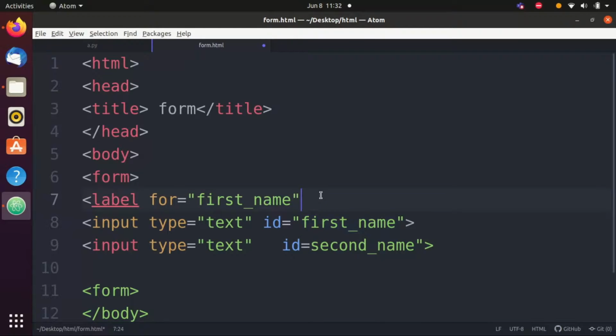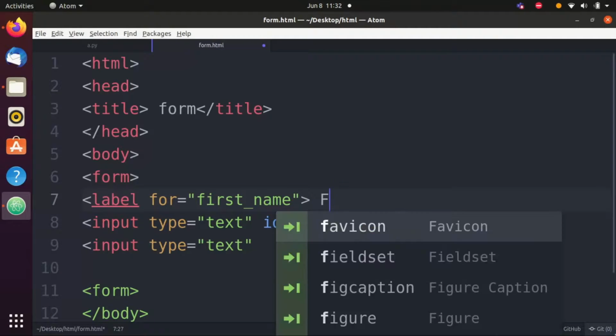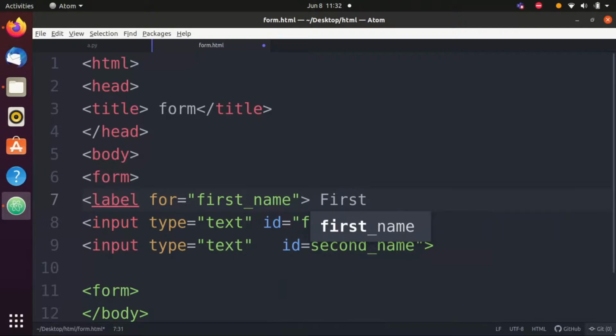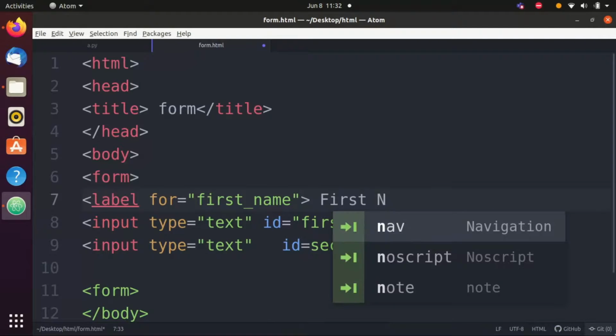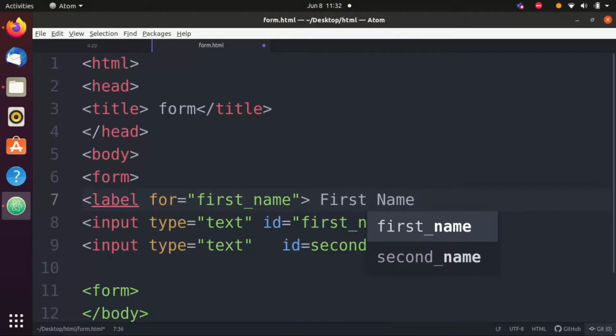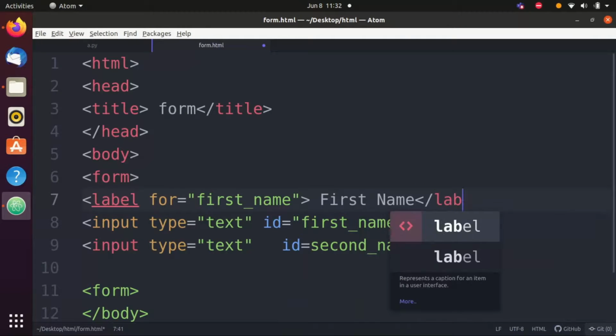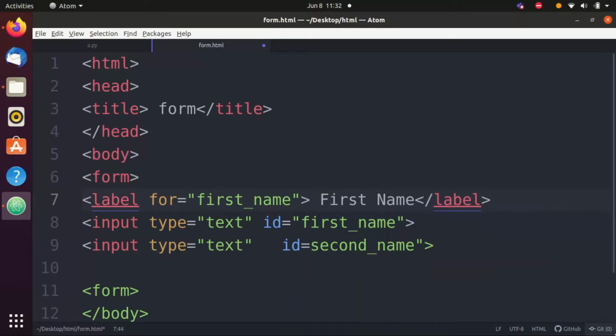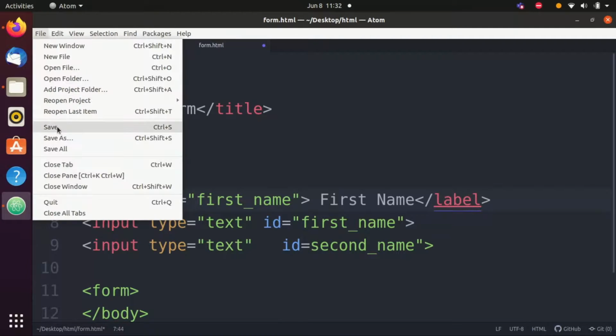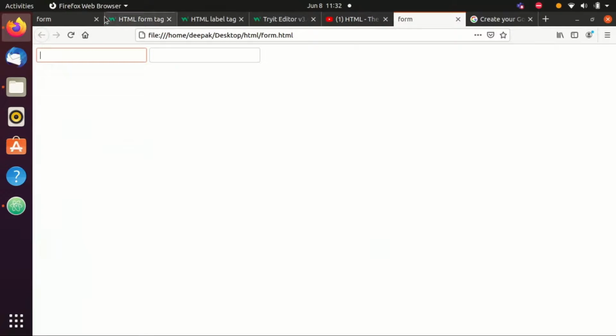Then label close. Then I'm going to write the label, first name. Label is a container tag, but input is an empty tag. So if I save this program and run it, do you see that one label is present here? Then the user understands this field is actually for